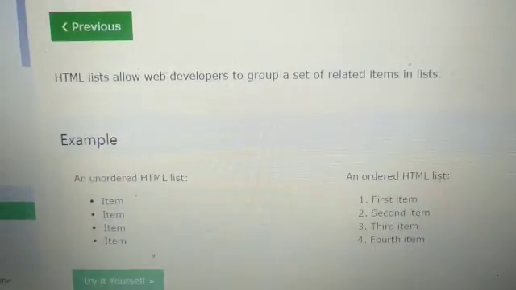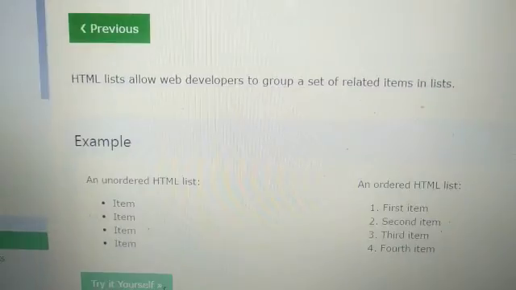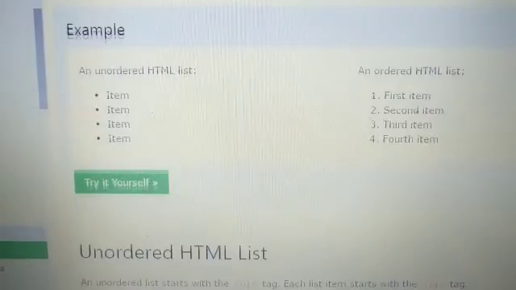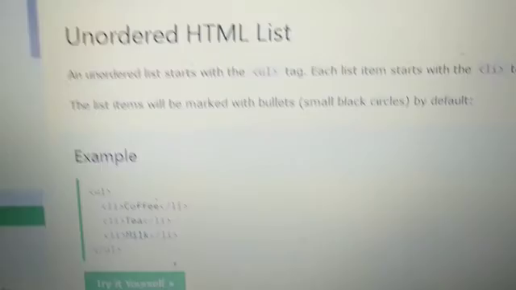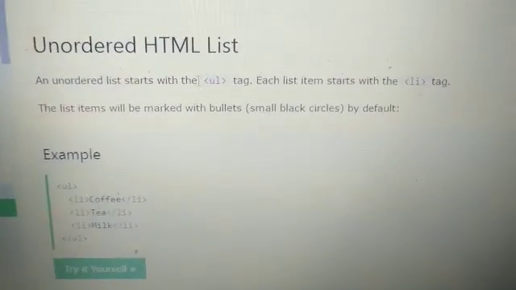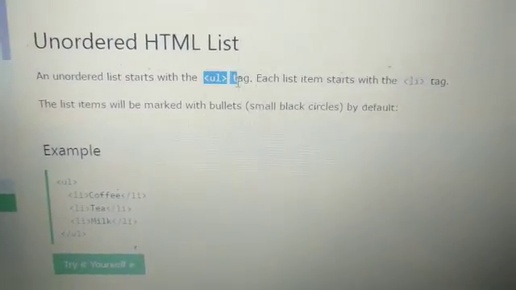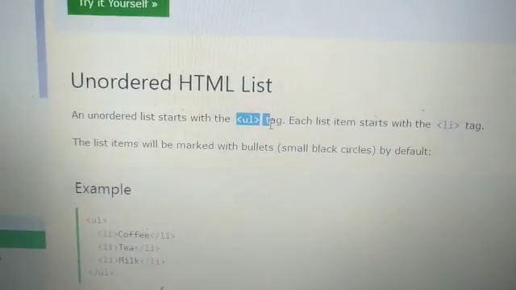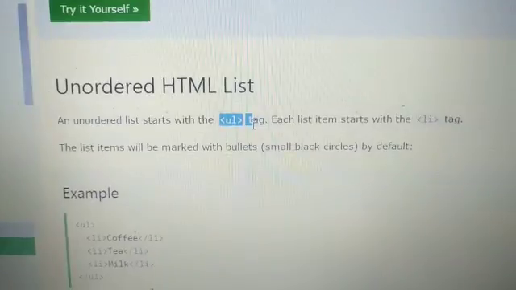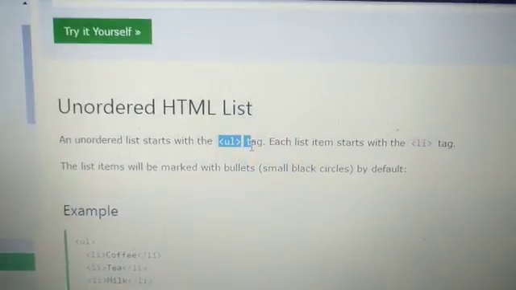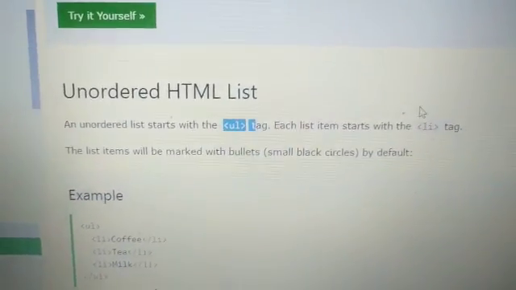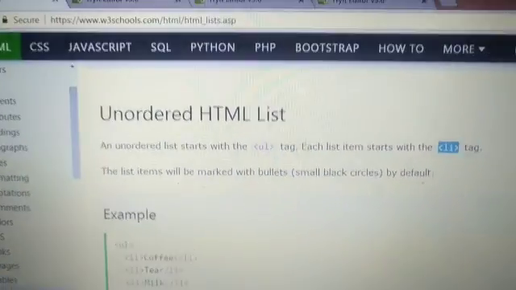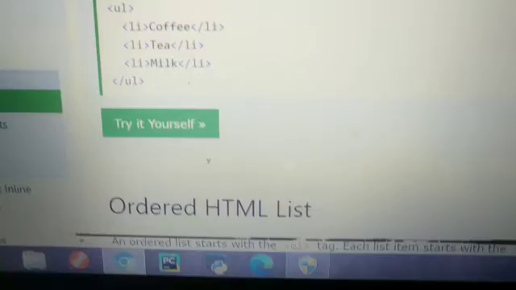For an unordered list we have to use the tag called UL, and for the list items that we are incorporating, we have to use the li tag. Suppose I am making an item list.